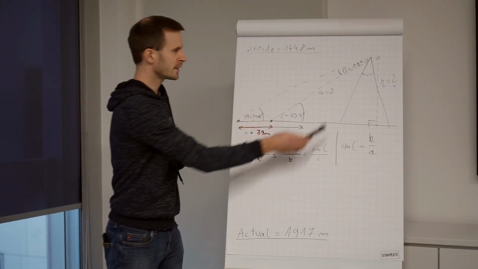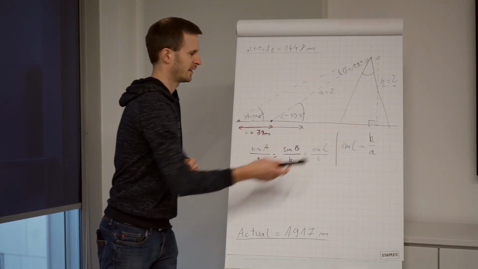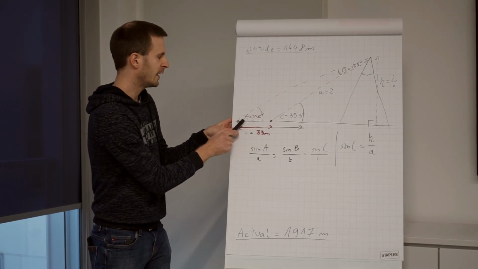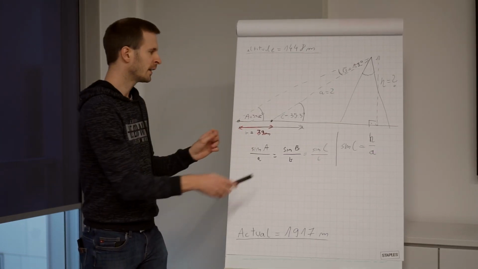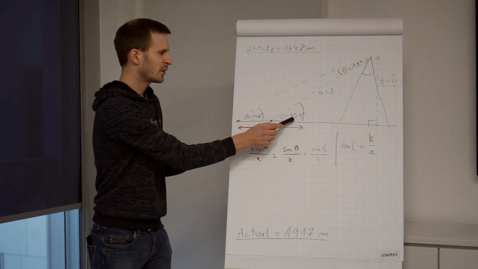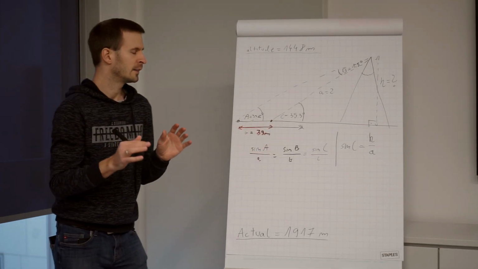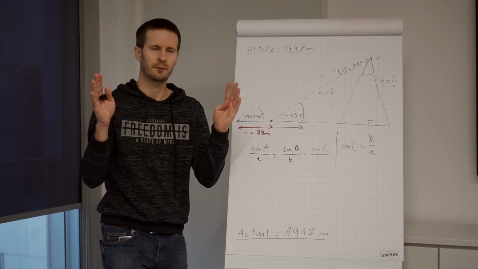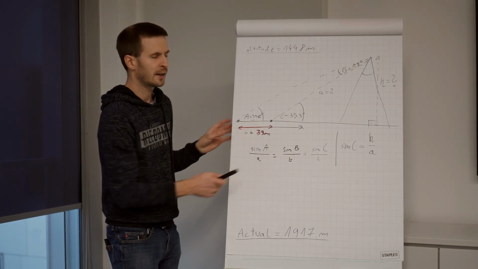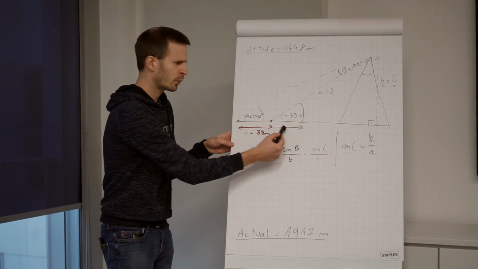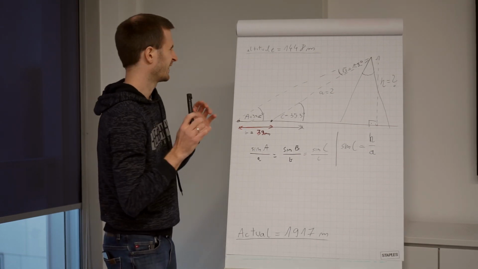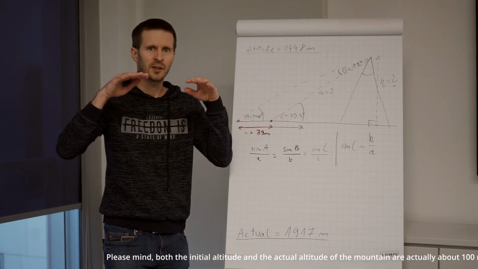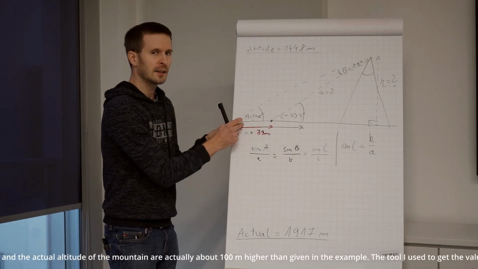This is my situation. And what I want to know is h, how high the mountain is here. And in order to do that, I took the measurements earlier, so I know that we have an angle A here that has 33.8 degrees and an angle C here which has 35.3 degrees. Now, thanks to having GPS coordinates of these 2 points, I was able to calculate how distant they are from each other, and it appeared to be 39 meters, B. And don't worry about that, I just made a little mistake over here. Now, one more thing that I could take out of the GPS coordinates is the altitude above the sea level at which I was taking the measurements.